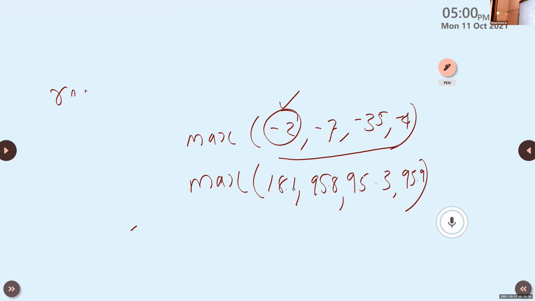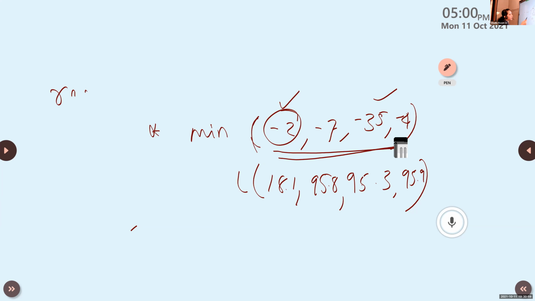Okay. So, min of these values, what is the answer, Achyut? Sorry, -35. -35 is the answer. So you just note this one. Here we include negative values.